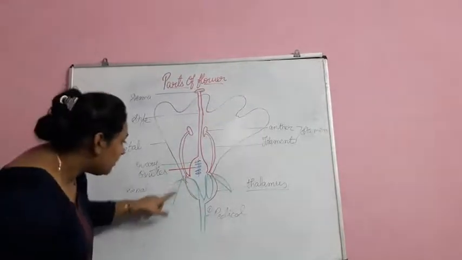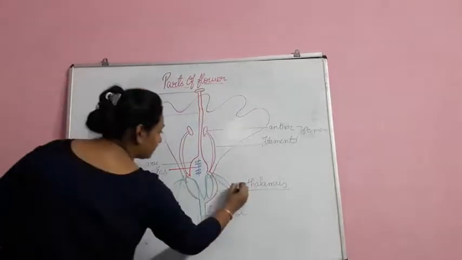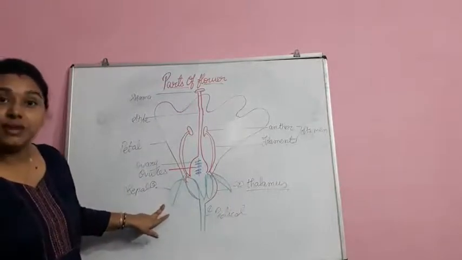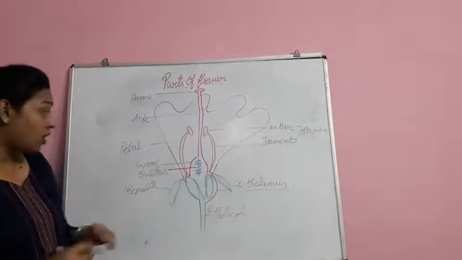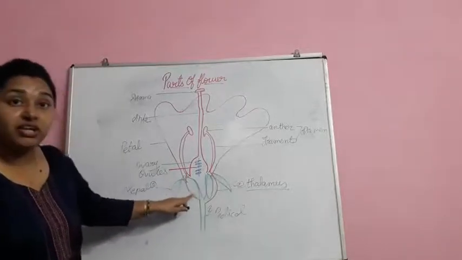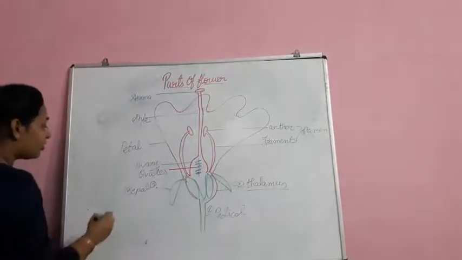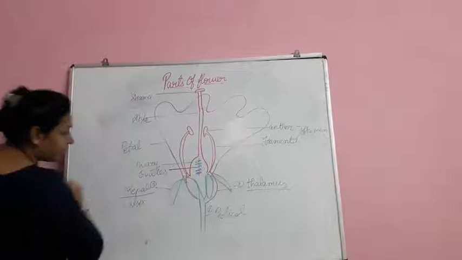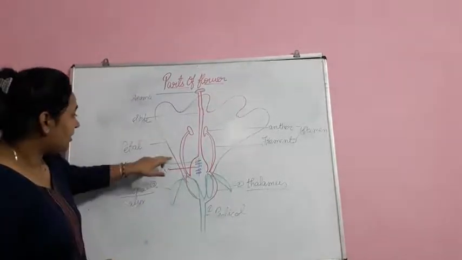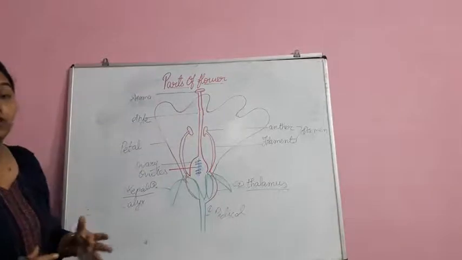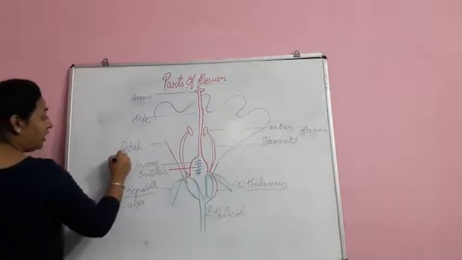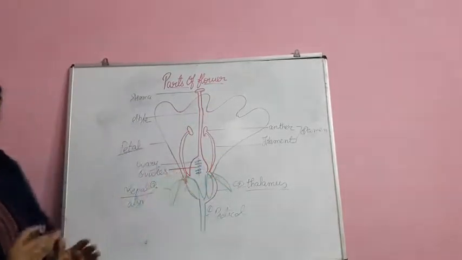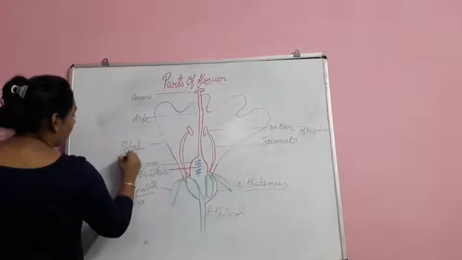Further, this green part which you can see, individually it is called a sepal. But if you talk about all these sepals which are here, leafy kind of structure, they are all together called a calyx. Next, these colorful petals which are meant for attracting pollinators are called the petals, and all the petals together are called a corolla.